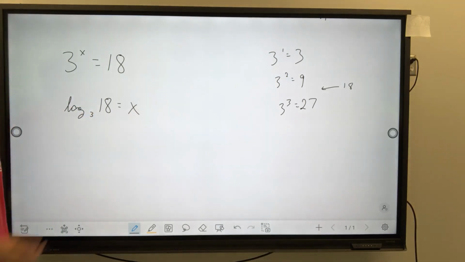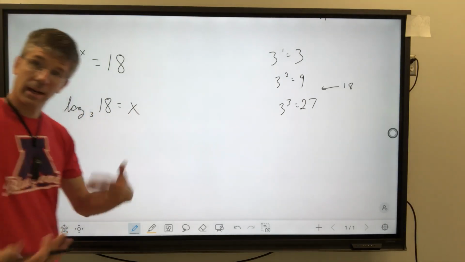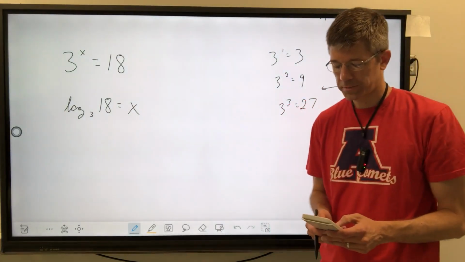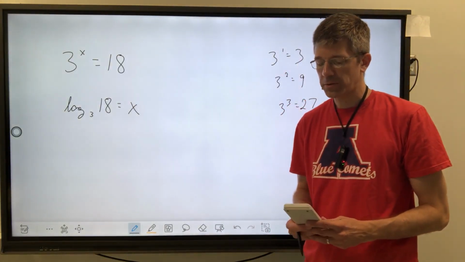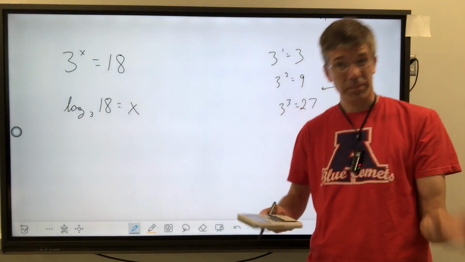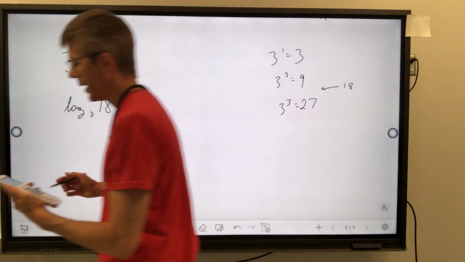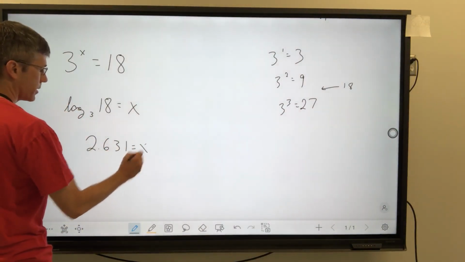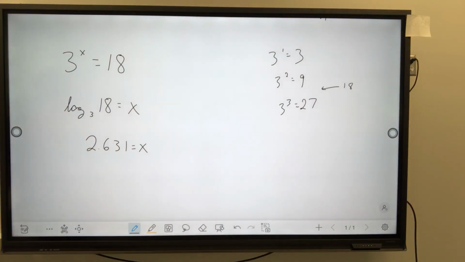I need to know log base 3 of 18. So I'll go to Desmos and I type that and I'll get a decimal. I like 3 decimal places. That's just a personal preference. So log base 3 of 18, I'm going to use a graphing calculator instead of going back and forth to Desmos. And I have 2.631, and that is it. Okay, let's do a handful of other